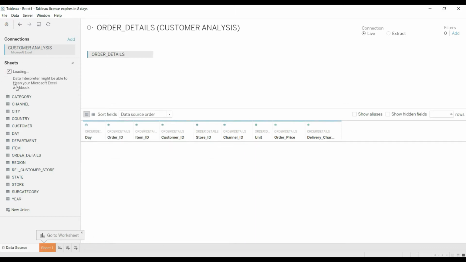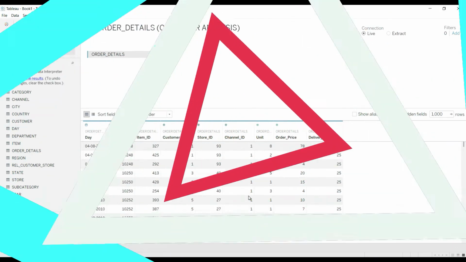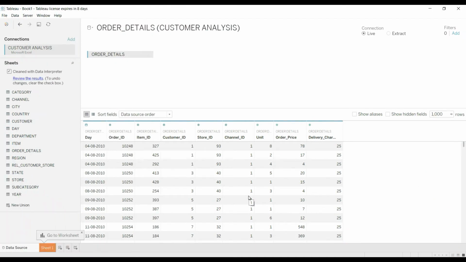It will load automatically. It will clean the necessary information. If there is any unwanted information, you can clean that by using this. As a result, it will create another Excel sheet. Need not worry about that one. You can use this one. So we have features like order ID, day, item ID, customer ID, storage ID. We have a few measurements, a few dimensions here, and also measurements. So we are going to do some data visualization using Tableau now.